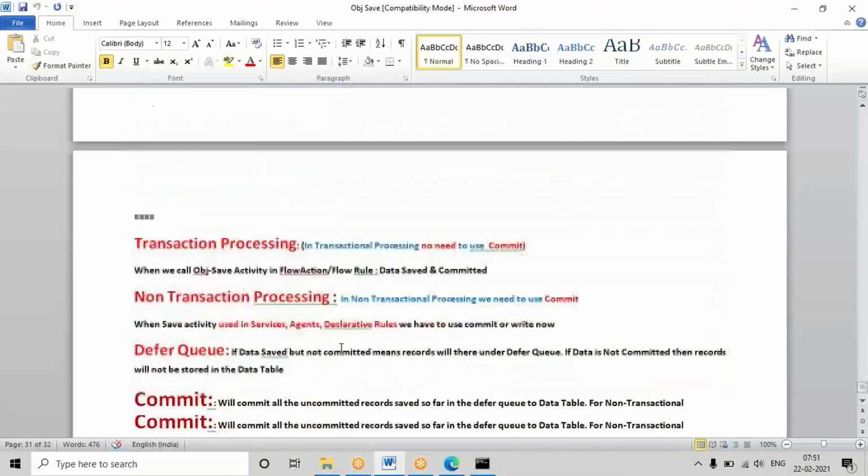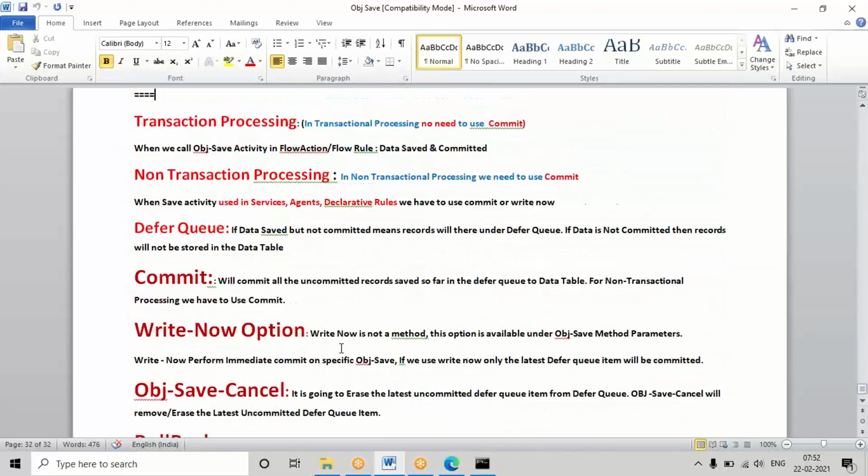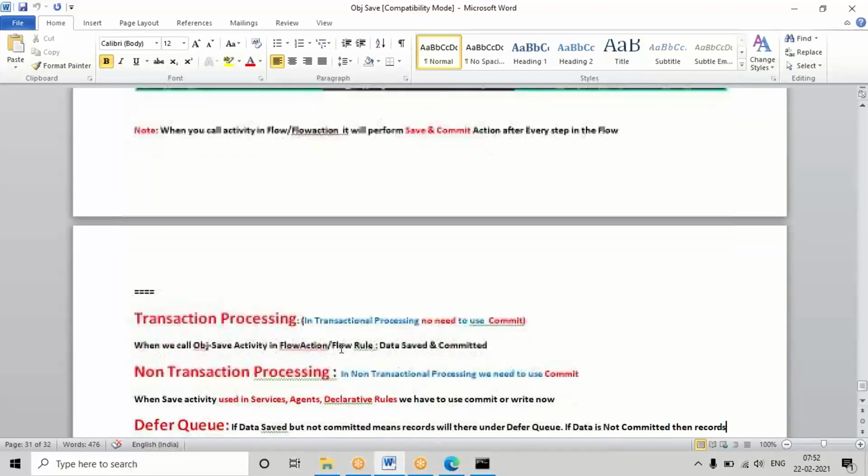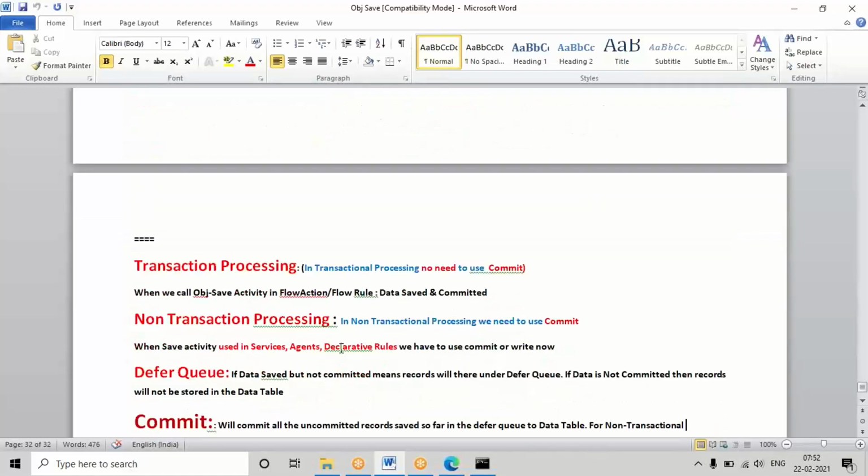Now one small thing is there. There is something called transactional and non-transactional. Let's understand that. See what processes we applied now. These commands are actually transactional processing. What is transactional? If you call your save activity, not every activity, but anywhere you use the obj save method in your activities, any save activity, if the obj save method is there in the activity rule and you call it in the flow action,